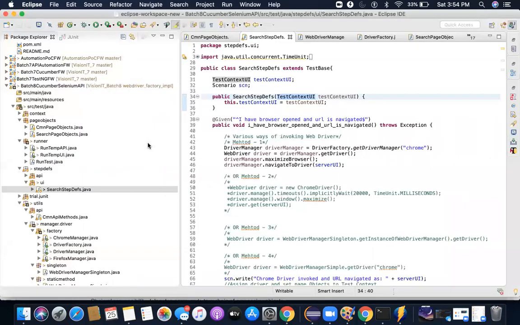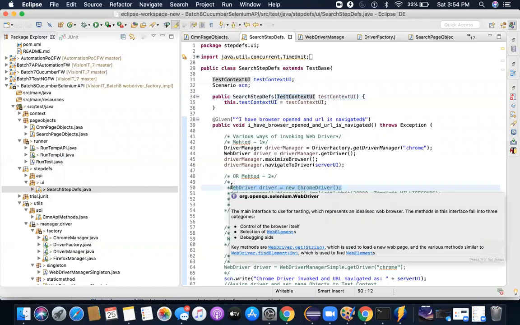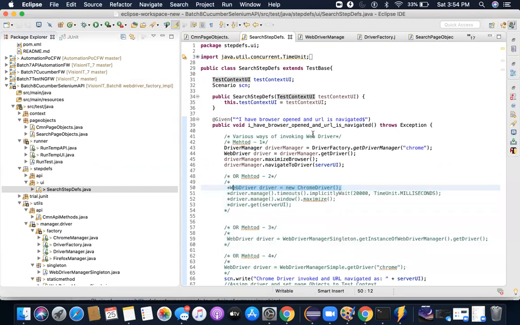The simple way you already know, guys, right? Using the new keyword, that's a simple way of creating an object. But right now we are focusing on the best ways of creating objects, so that when you scale your project, it doesn't become a problem. So we will continue to use dependency injection because Cucumber supports it, and we can use it. But if you don't want to use it, it's still fine.